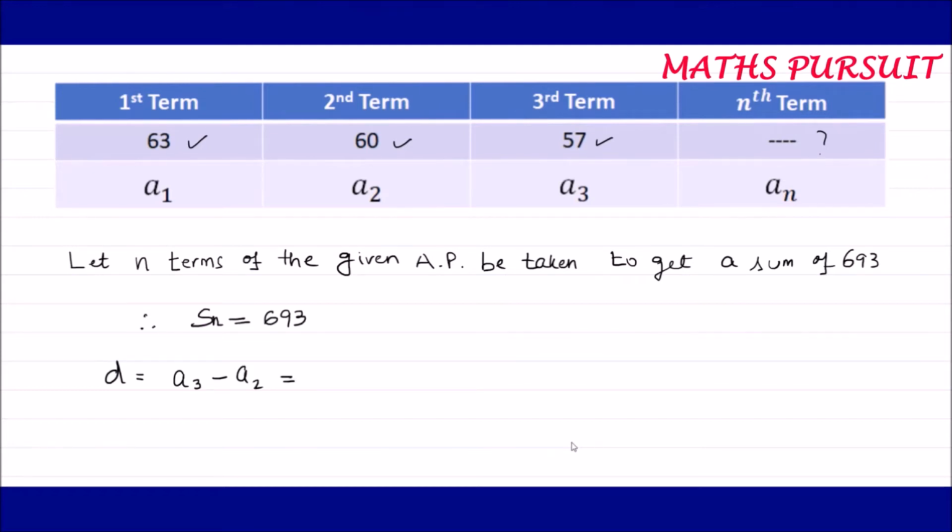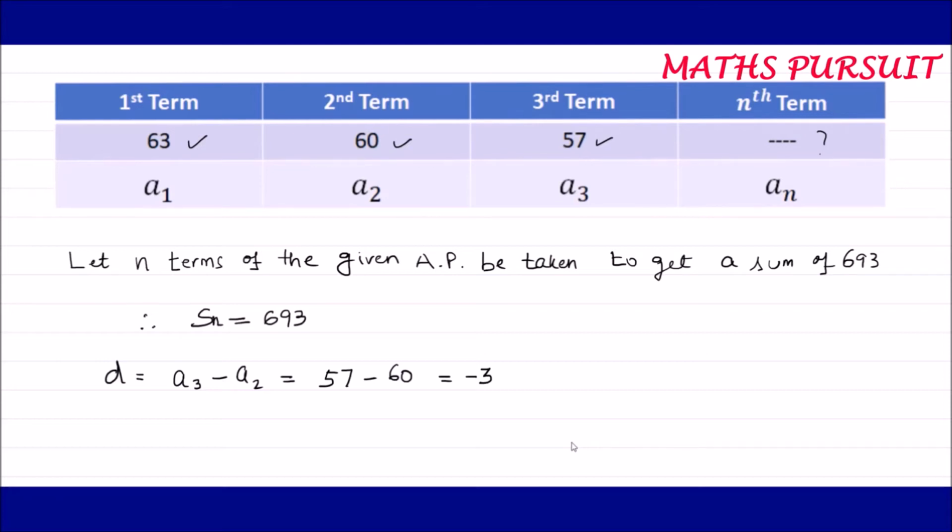As usual, we calculate the common difference from the end of the given arithmetic progression, not from the beginning, like not from the first term to the second term. We are always calculating either third term minus second term, or second term minus first term. Or if there are more terms, say 6 terms, we'll go 6th term minus 5th term. So here A3 minus A2, where A3 is 57, minus 60, equal to minus 3. So guys, we got the value of D as minus 3. Let us remember this, and let us see what else we can do.